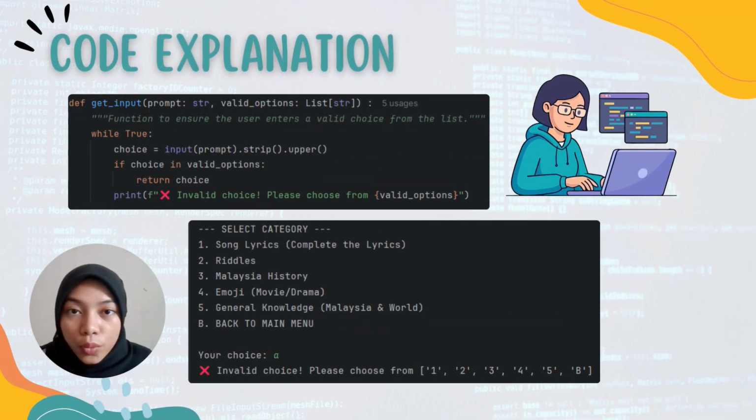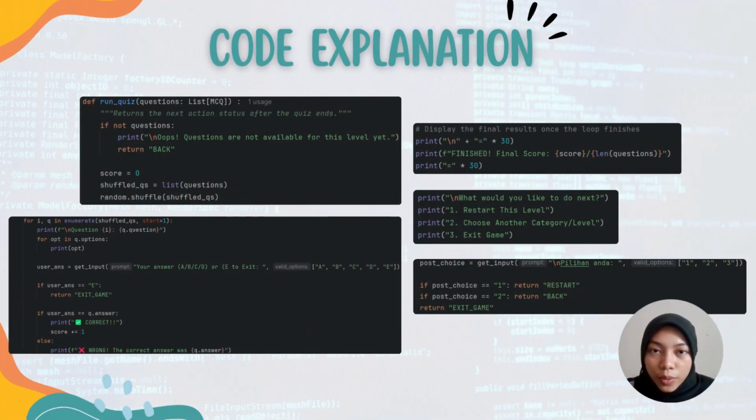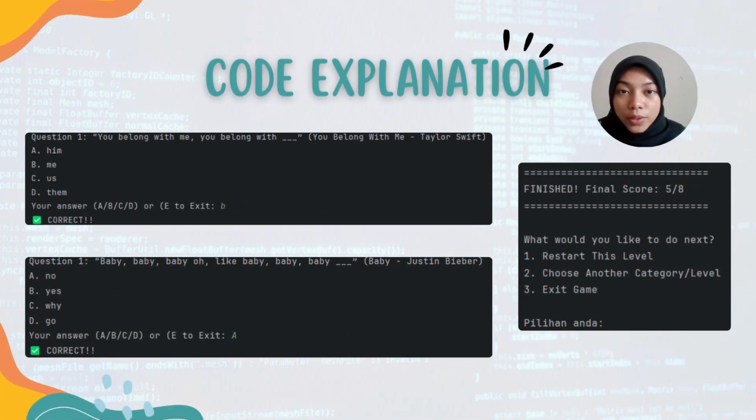Now let's look at the core logic. First, the get input function acts as our input validator. It uses a while loop to prompt the user for a choice, ensuring the program remains stable even if a user enters an invalid key. Then we have run quiz, the main core of the game. It uses random shuffle to mix questions and enumerate for automatic numbering. Once the quiz ends, it sends a return signal back to the menu to decide the next step, such as